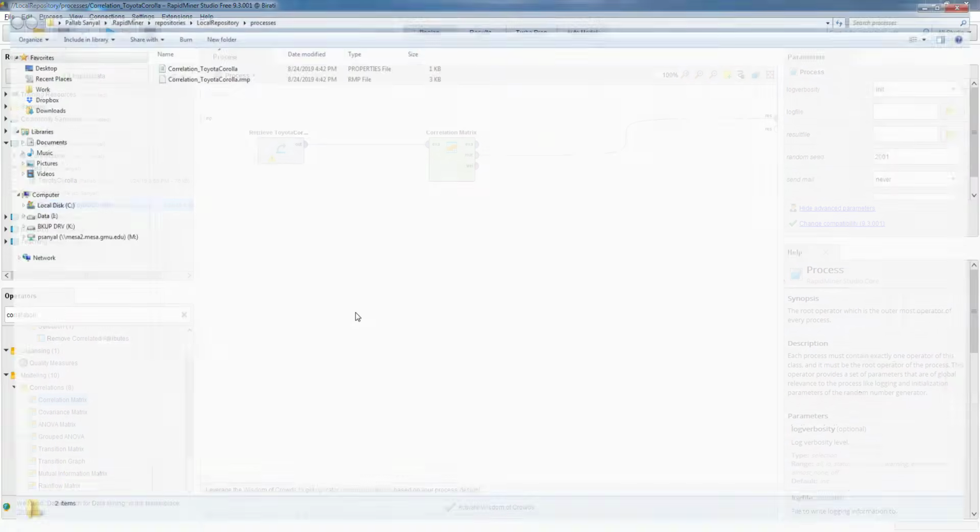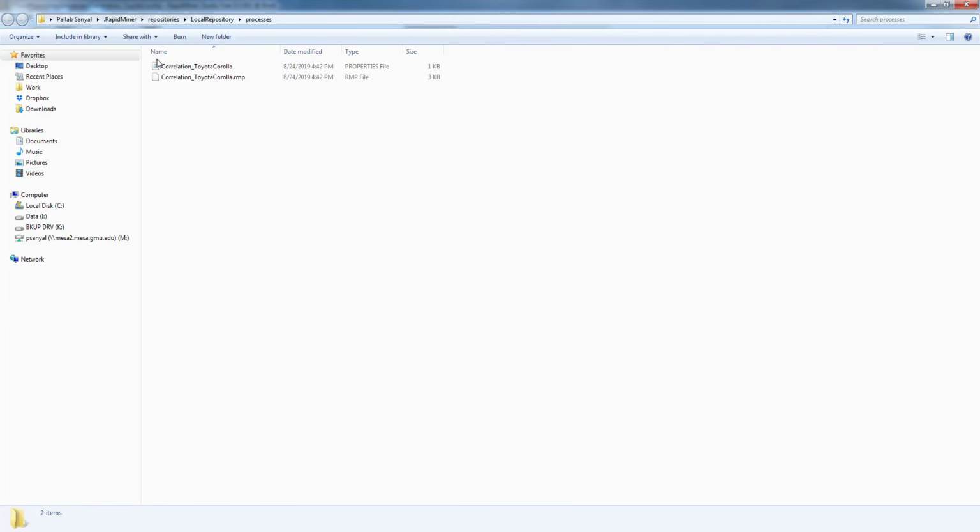If I click here, it shows how the process is stored on my local machine. RapidMiner has created two files corresponding to this process. One is a properties file, and the other file, which is the more important file, is the .rmp file, which represents the